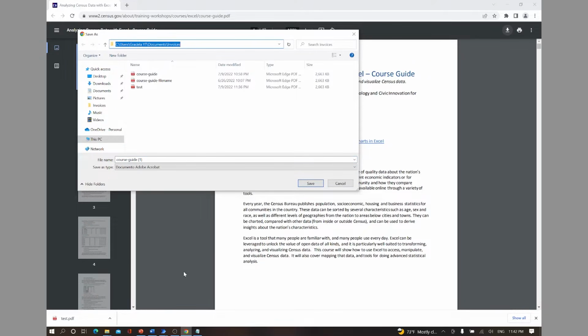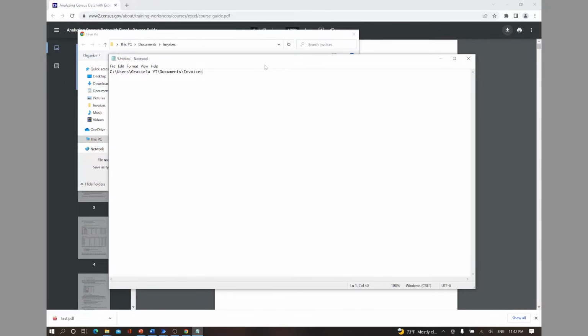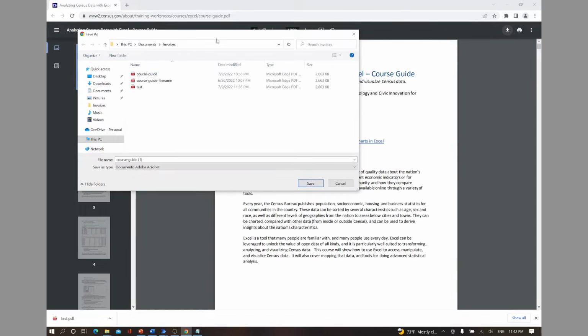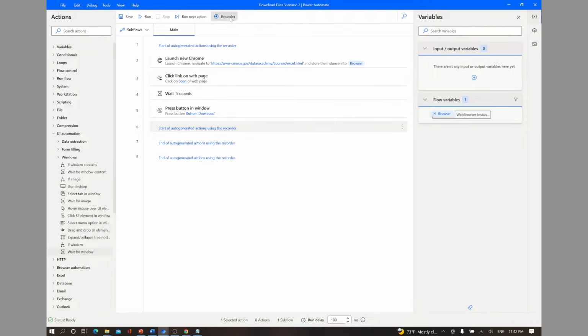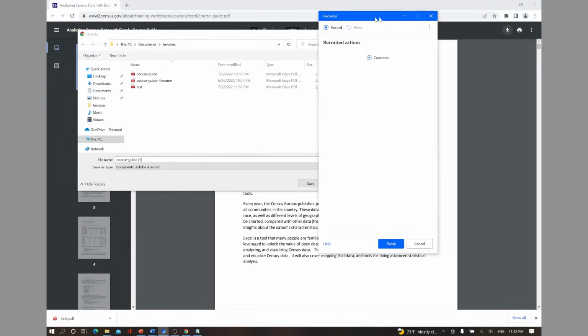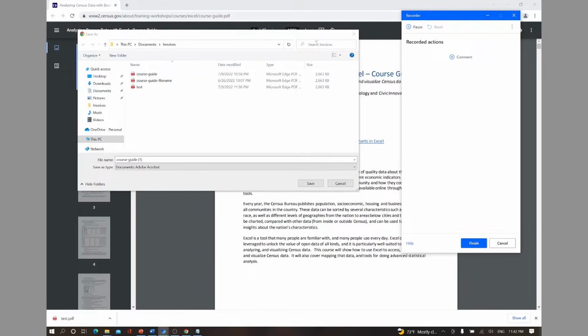So I'm just going to grab the path, paste it into a notepad, and then add a backslash. Then I'm going to add a file name, test, and then .pdf. If I use this and paste it into the file name field, that is where my file is going to be saved. So let's go back to Power Automate, click on the recorder,